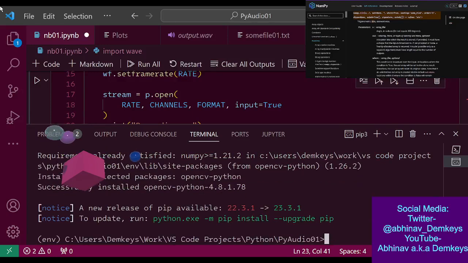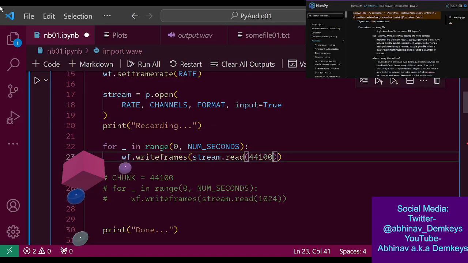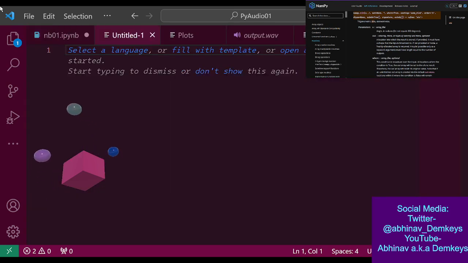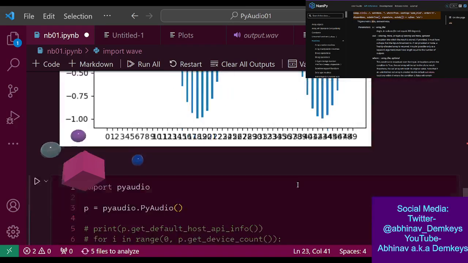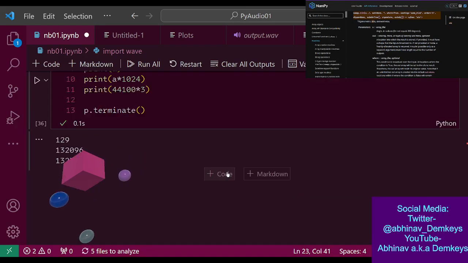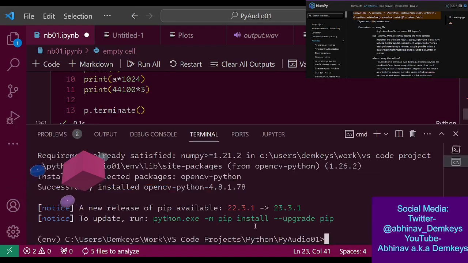Wait, let me see. I do not use Jupyter, therefore I do not know. I could try doing it here. Let's see, it's installed, right?